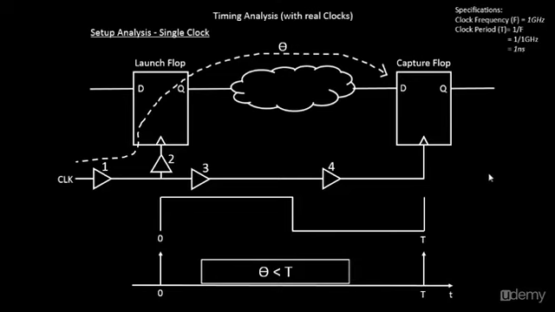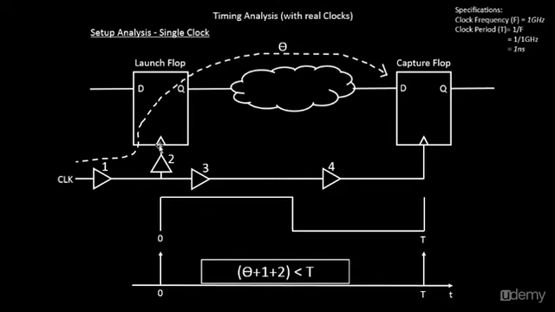So theta will expand now. In this case, the theta will expand. So let's see how it expands. Theta will be theta plus 1 plus 2. If you calculate the theta from this point, it will be 1 plus 2 plus theta. So this becomes completely the left side of the equation, where theta is your combinational delay, which is this, and 1 plus 2 becomes your clock network delay, which is from this point to this point.